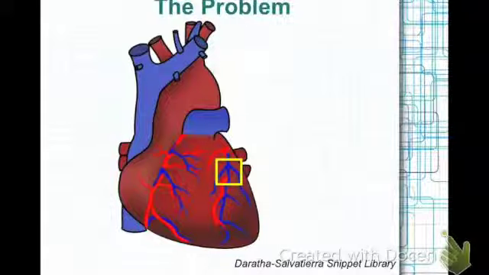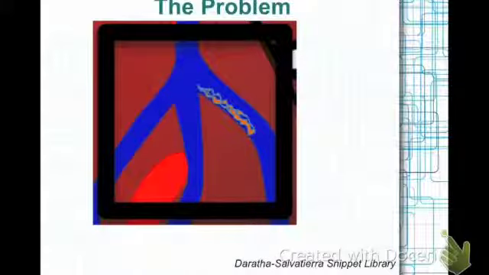Let's take a look at what happened to Mr. Jones last month. His problem started in one of his coronary arteries, the left anterior descending, known as the LAD. Atherosclerosis is the term used to describe the buildup in the inner lining of his coronary arteries. The buildup is a compilation of several substances such as fat, cholesterol, clotting material, and other cellular waste products. The resultant buildup of these materials is called plaque.